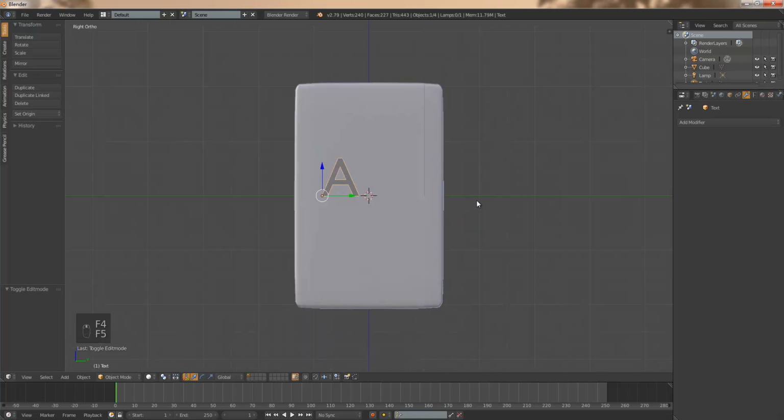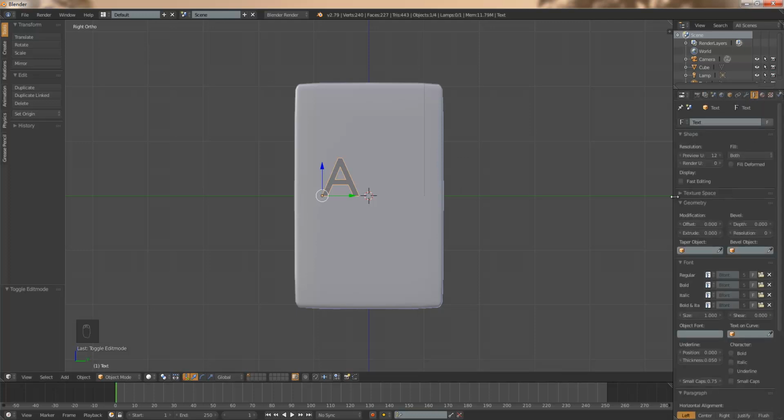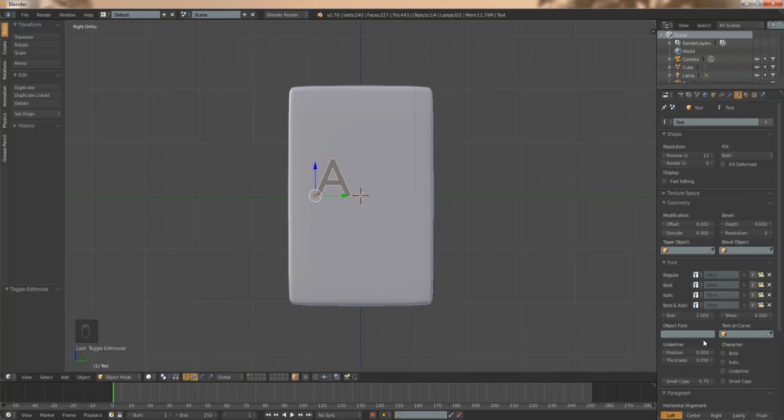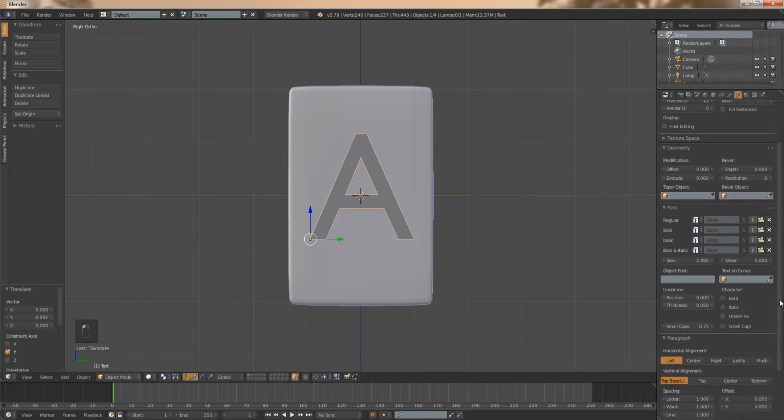Okay, the first letter I'm going to type in is A, and then I can change to the right panel, and I press the font panel, and I can increase the size of the letter. Okay, maybe it's like this. And move it to the center of the board, and here you can change the font of the letter. This is something I think the programming team can improve in the future, because we don't have any preview here